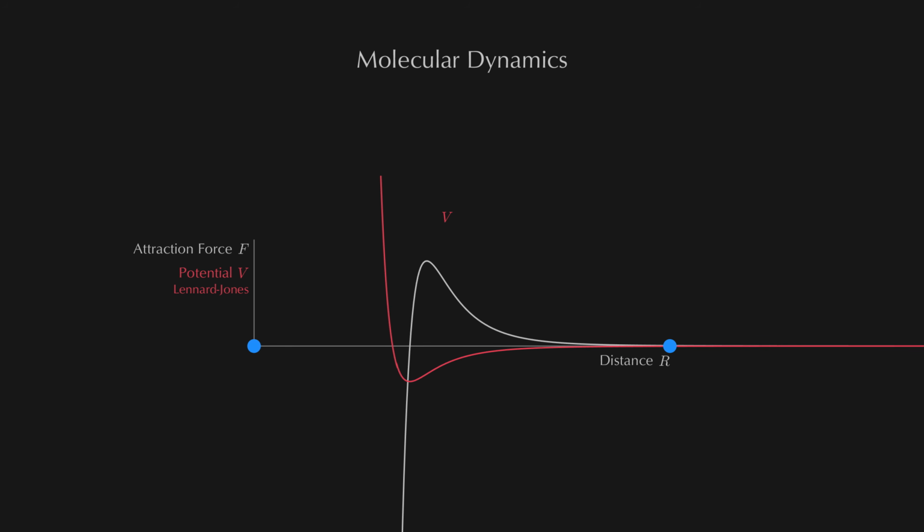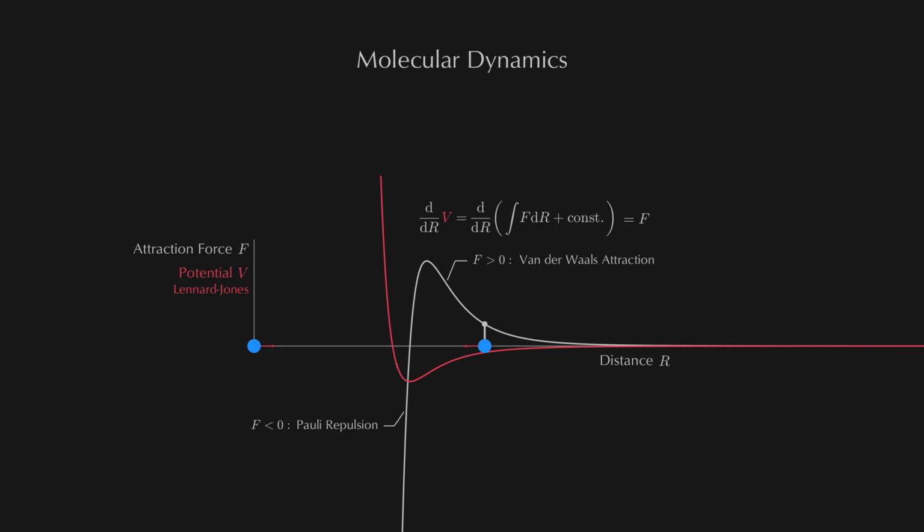But as work is just the integration of a force over a path, its derivative is just the force. This here is the Lennard-Jones potential, and it is a popular choice for interatomic modeling of weak van der Waals attraction while also having strong repulsion. That's just typical atomic behavior in action.